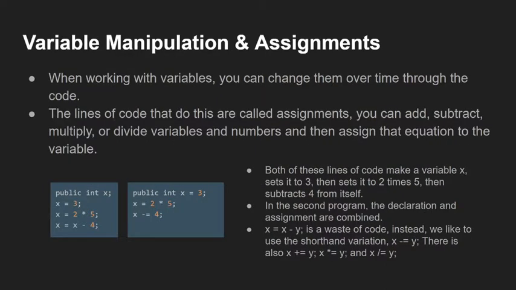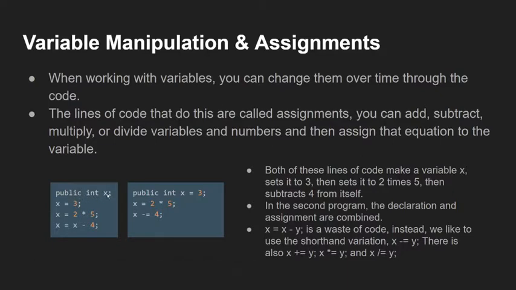Now, variable manipulation and assignments are simple. When working with variables, you can change them over time through the code. That's what makes variables very useful. The lines of code that do this are called assignments. They can add, subtract, multiply, or divide variables with some simple equations, like math. As you see in this one,